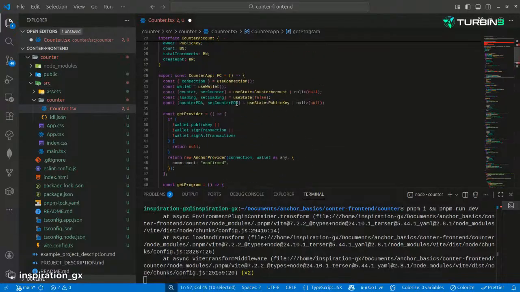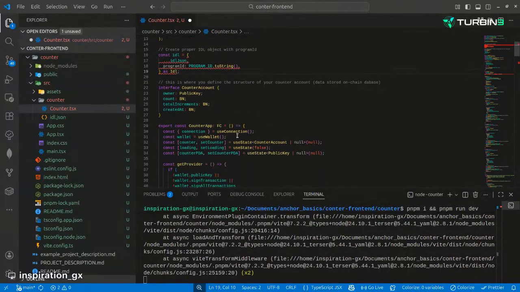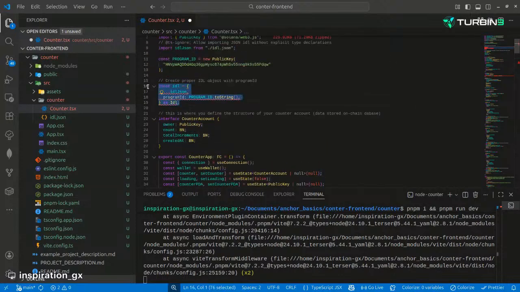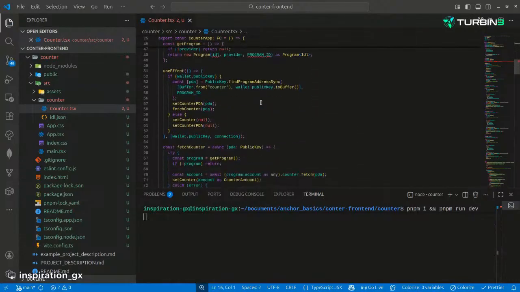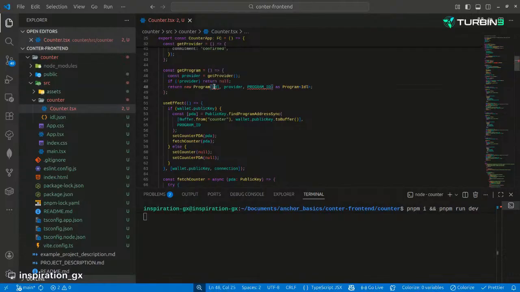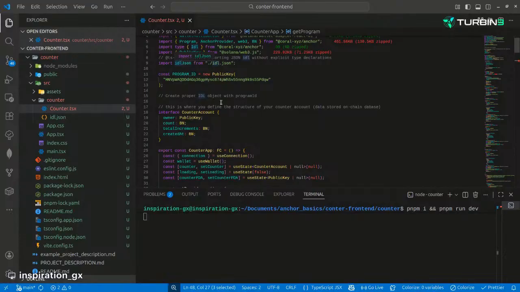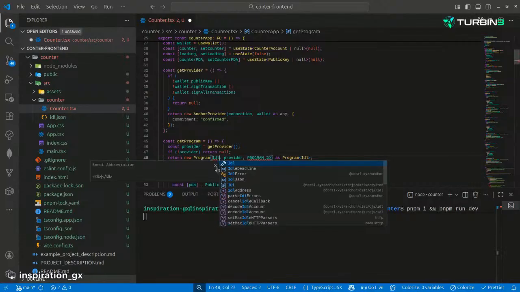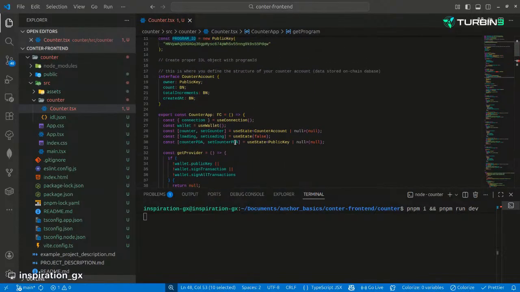Okay, program ideal problem. Why don't we just comment it out? Yeah, just hold on a bit. Try to see and propose a fix. Well, okay, we have that is ideal. What program ideal is now: import ideal JSON from ideal JSON, and see the ideal JSON. Then program ID here is